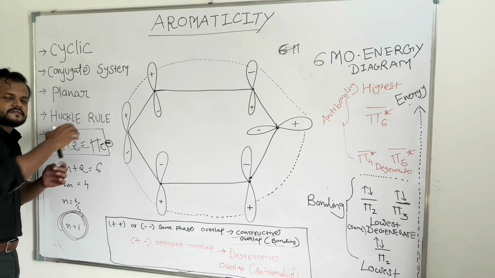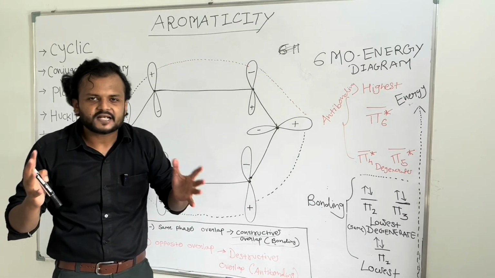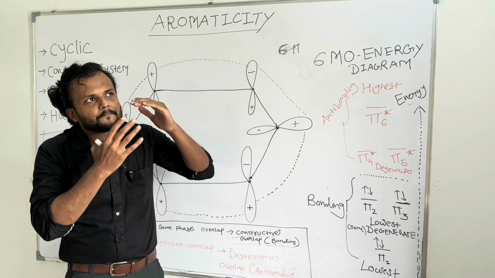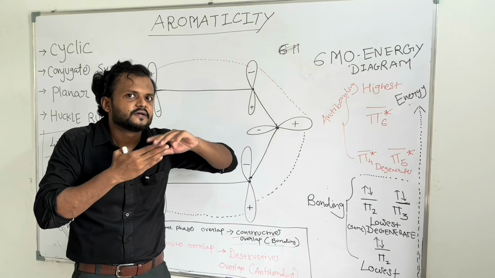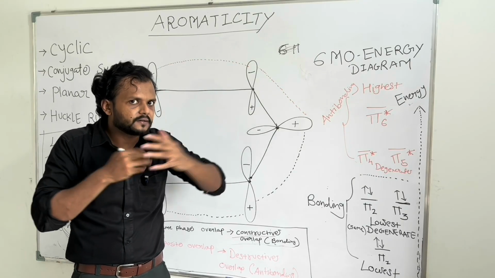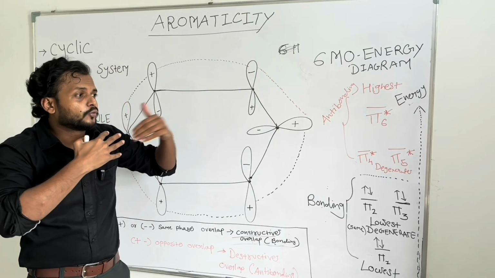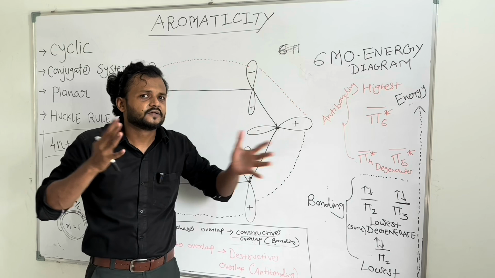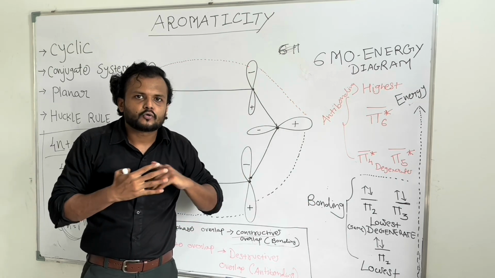The third condition is that the compound should be planar. If the compound is planar, the overlapping is again continuous, and delocalization can take place. If the compound is non-planar, there is twisting and bending, so the delocalization of electron density is not going to take place, the overlapping will be poor, so the compound cannot undergo aromatic